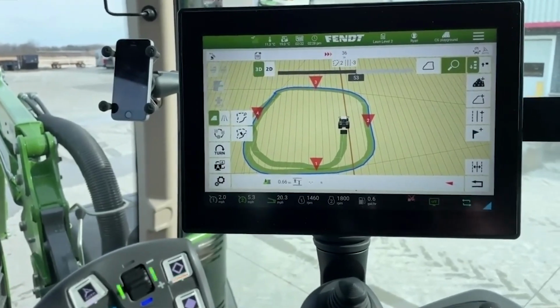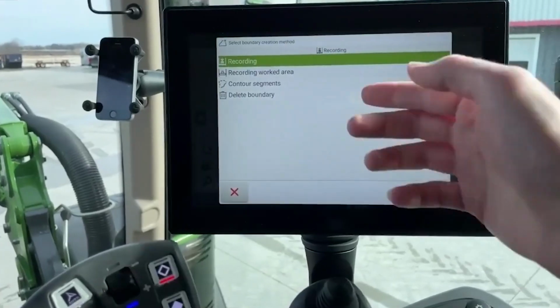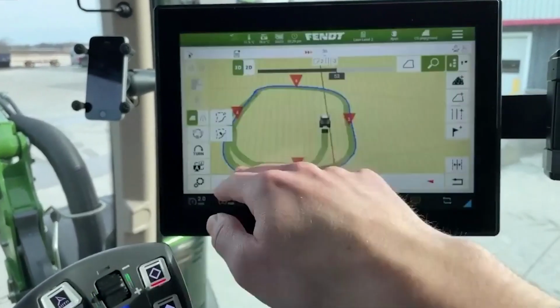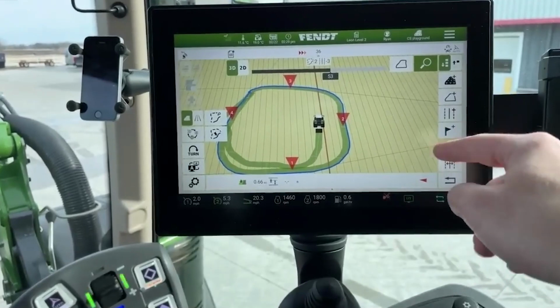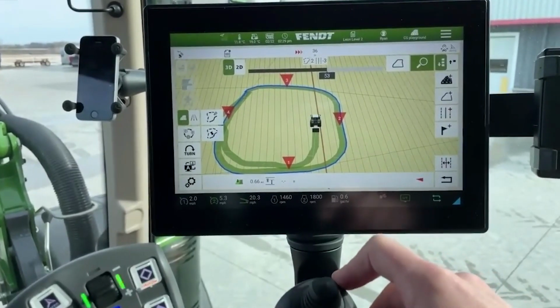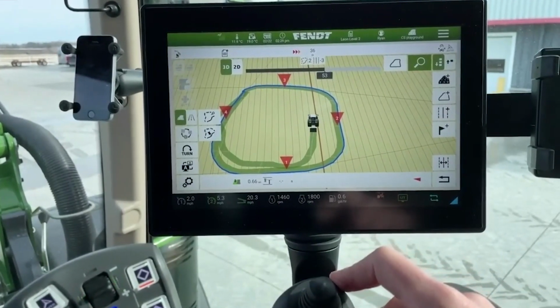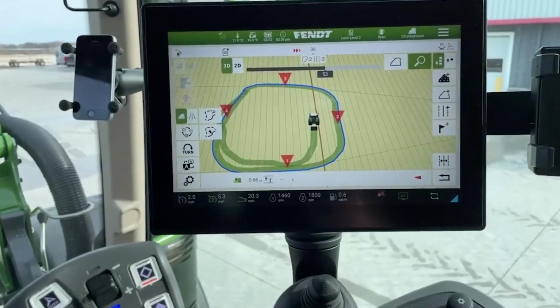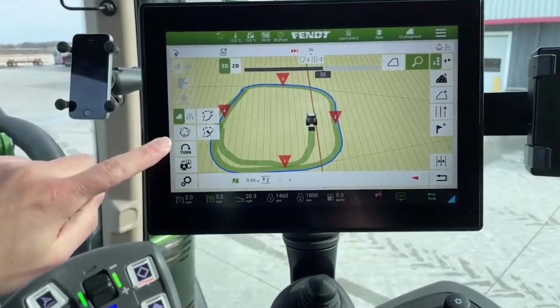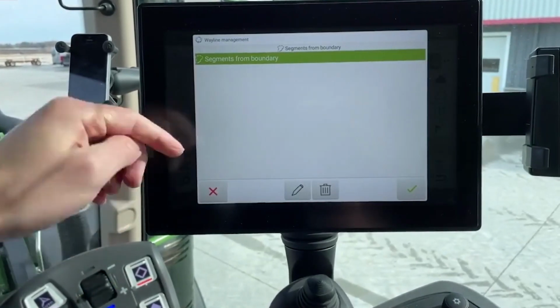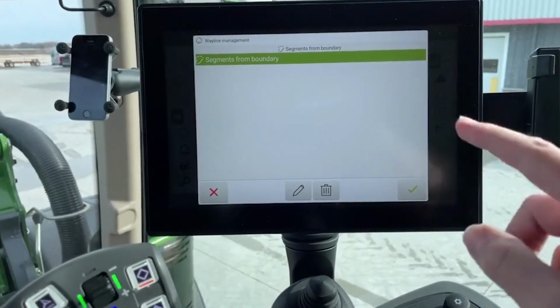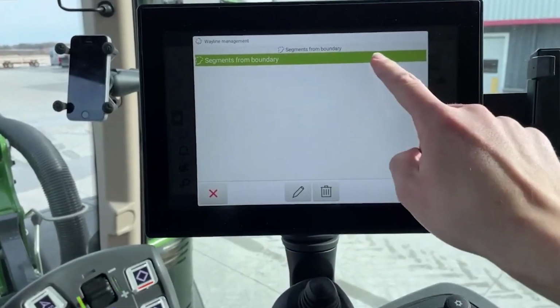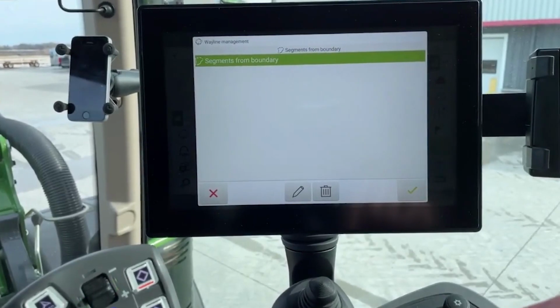So I don't know if you're aware of that, but while we're recording a boundary here, I can also at the same time record an A-B line. And I can then, once I've got my 2 outside rounds done, I can go into my waylines list, and had I generated an A-B line, it would be right here for me to select,